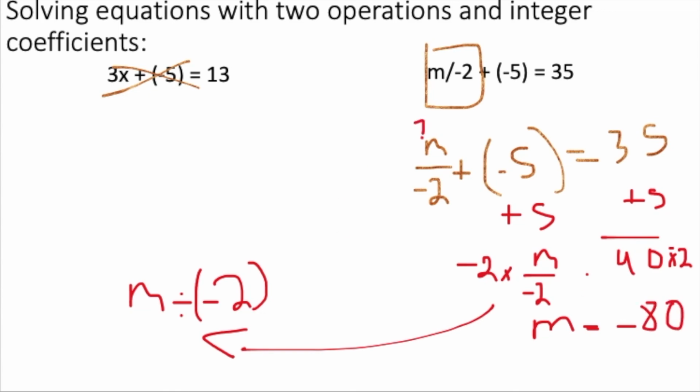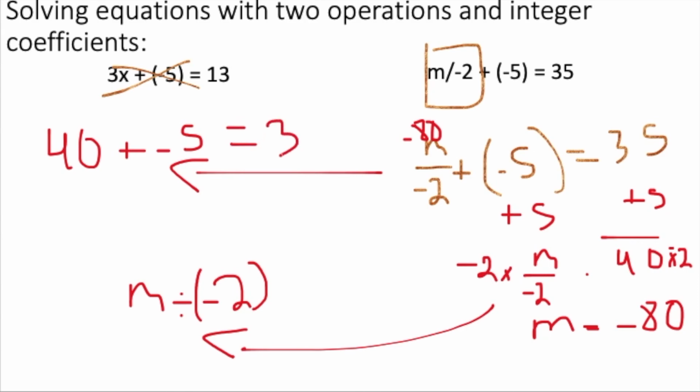Okay, and then if I put -80 back in here, I'm going to do it over here, -80 divided by -2 is 40, plus -5 is going to be equal to 35. All right, so that's it. There is some work for you to do, and then just make sure you're coming to the help session if any of this